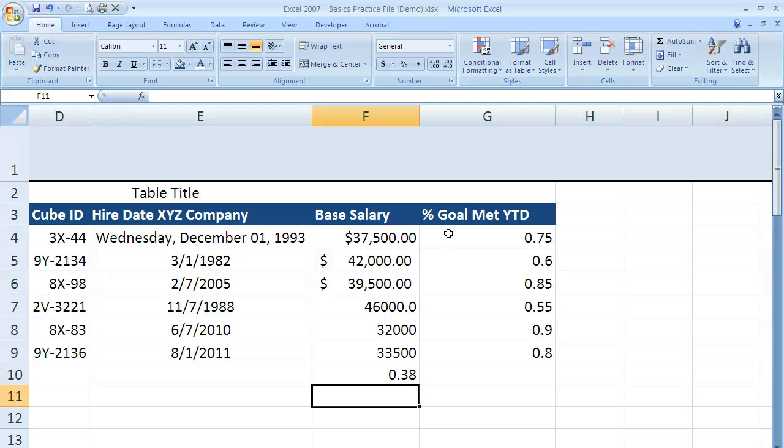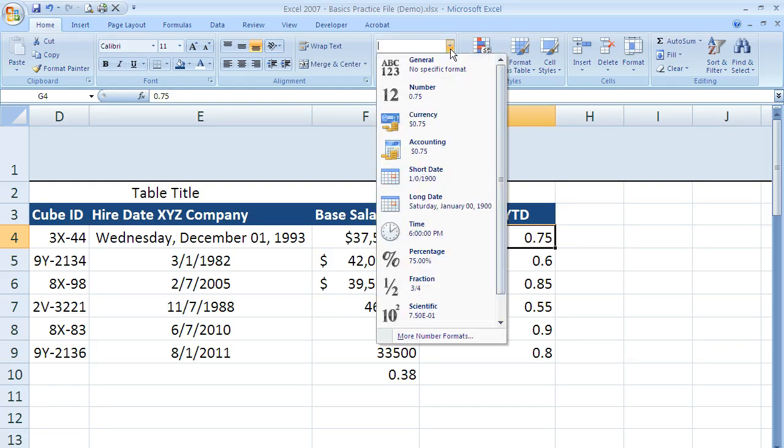So now we can wrap up our section on formatting by talking about percentage format. We're going to be up here in the number group again within the Home tab on the ribbon. I'm going to click on cell G4, and that's 0.75. Now if I come over here and I click on our drop down again to see our shortcut formats, I